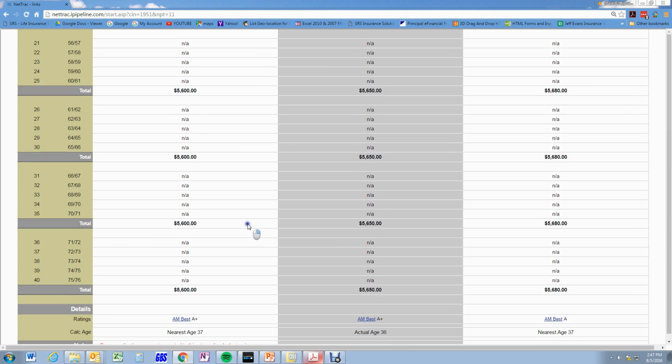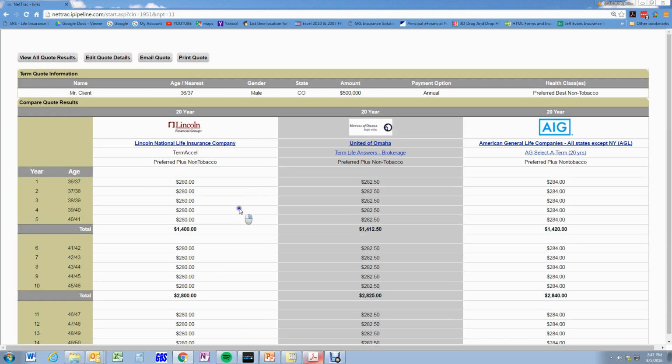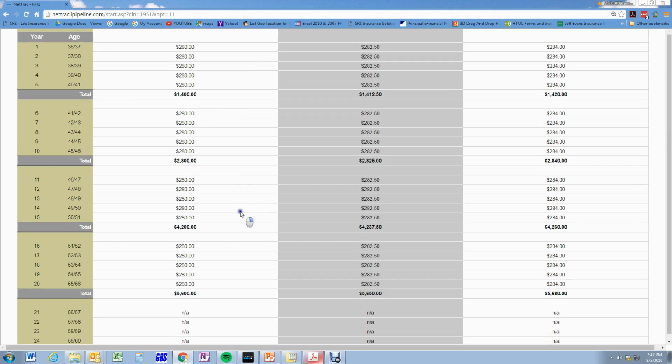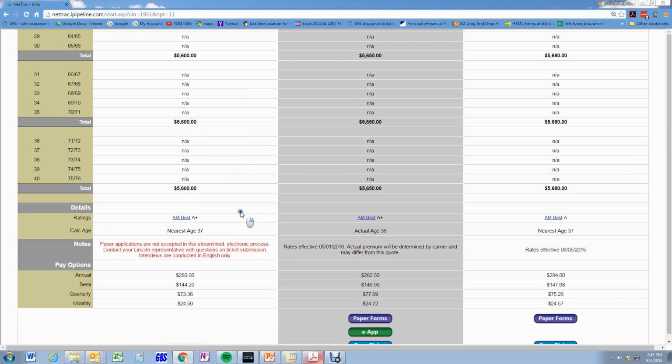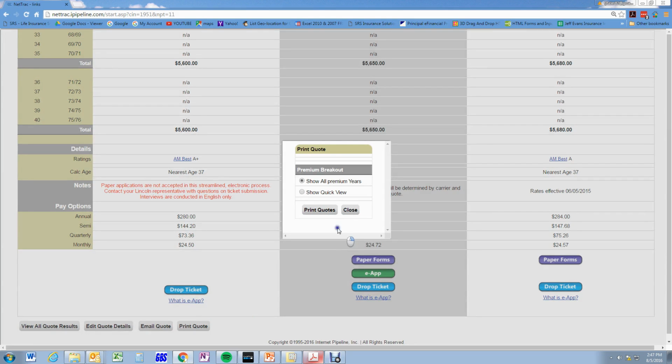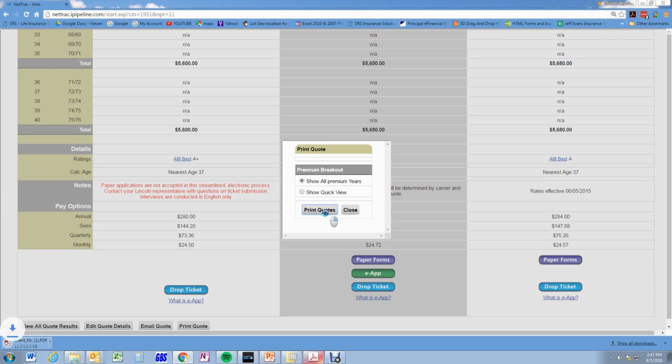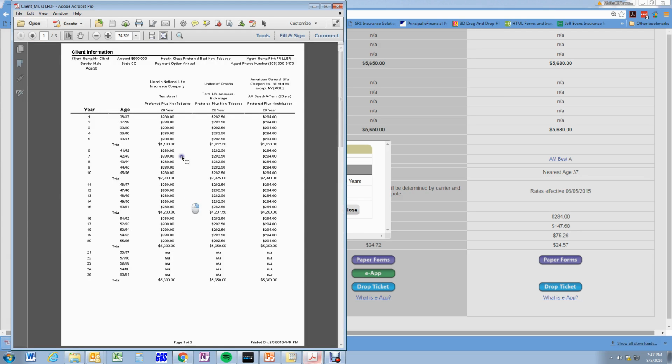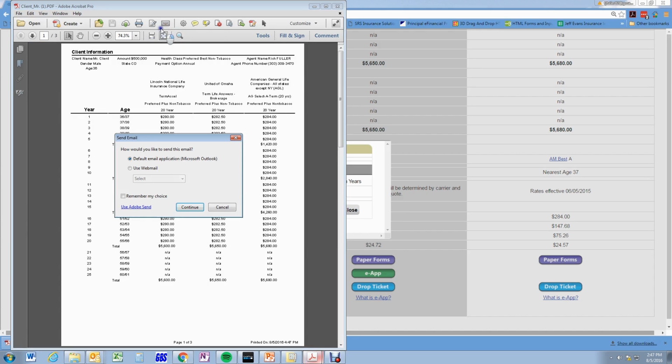And this will show you the top 3 carriers. From here, you can do several things. You can print the quote. And from this, I like to do print quote instead of email quote because it pulls it up in a PDF. And then if you want to email the quote from here, you can, but it's easier if you do